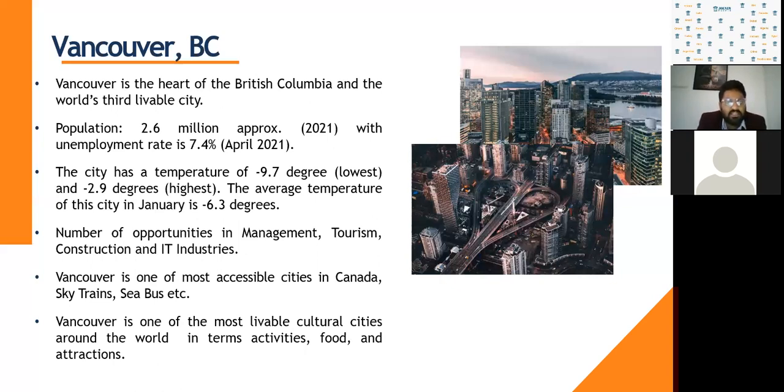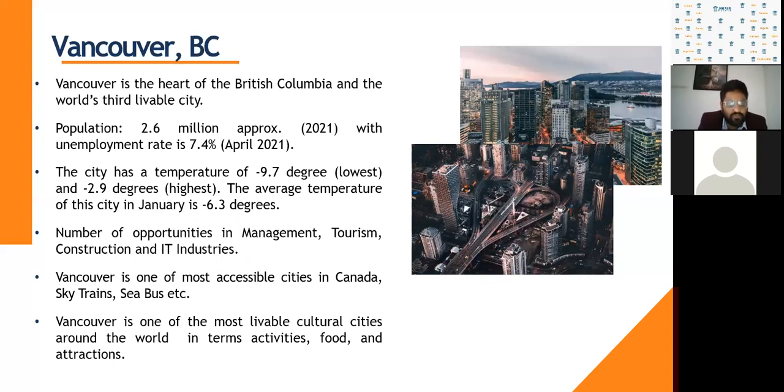Now the temperature is quite cold as compared to Victoria, but not that cold as compared to the other cities in the Canada region. It is quite livable. The population is higher than Victoria itself. It is 25 to 26 lakh people, but the job opportunities are again more in this area due to